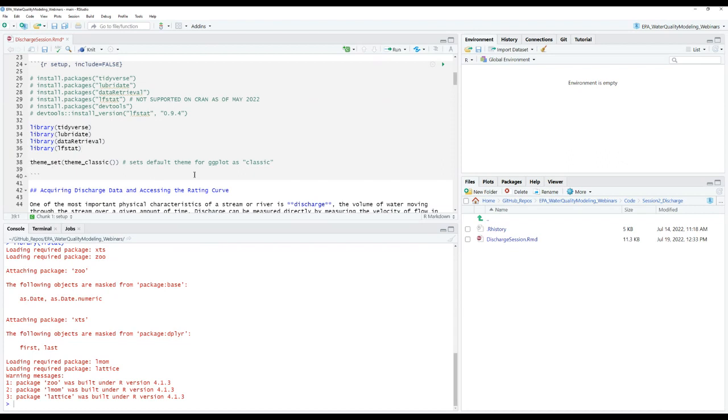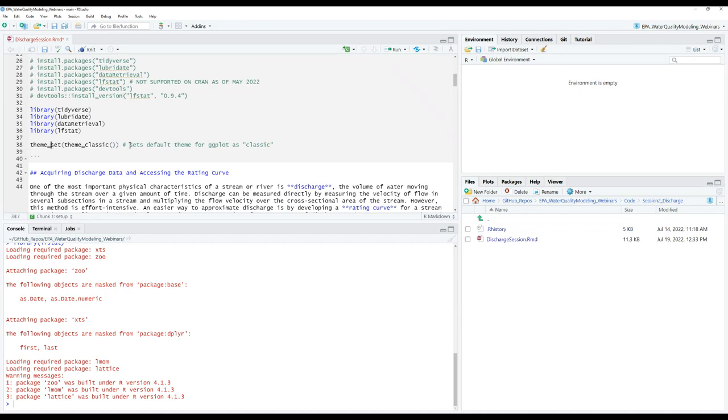I also have an additional line of code that will set our default theme for the ggplot package as classic. So the ggplot package by default will give us graphs that have a gray background with some hatching on them. I prefer to not have that look in my graphs. Maybe you enjoy it, but my personal preference is to use a more classic background where you have a white background of your graph with no hatching and black axis lines. So setting our theme to theme classic at the start of our session will give us that look. Again, not required, but it's something that visually I prefer, and so we'll set it there for now.